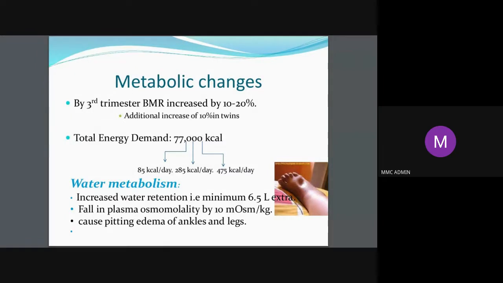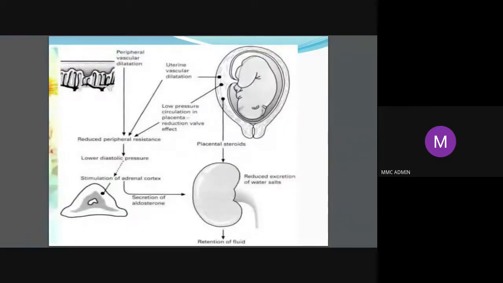So that is why nowadays edema is not taken as previously. We used to read pedal edema as one of the signs of preeclampsia, but edema being a common feature in pregnancy, only when it is pathological and it is not reducing even after rest, or it is found in non-dependent areas like the sacrum or the abdomen, then we take it to be pathological. Otherwise, pedal edema usually subsides with rest. So you ask her to see after she lies down the whole night whether in the morning she's still having that edema or it is going away. Okay, next.